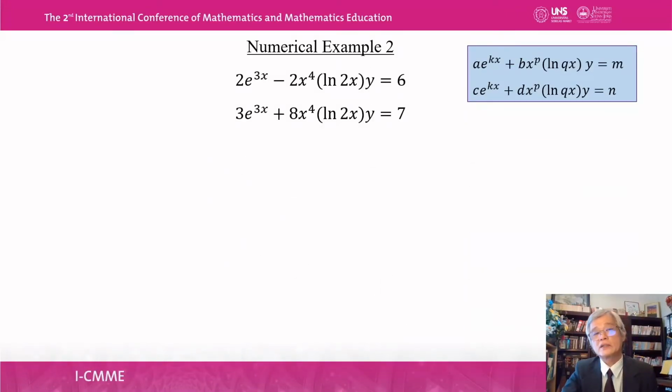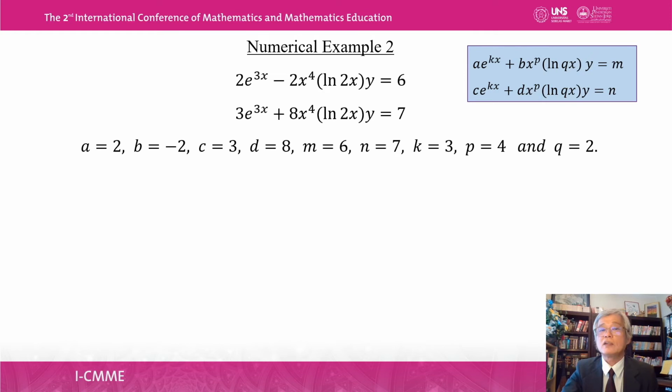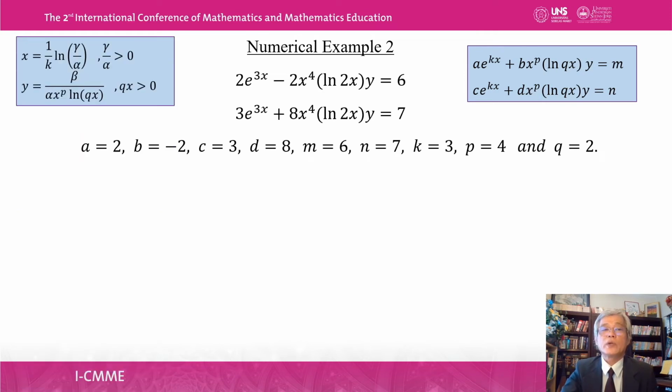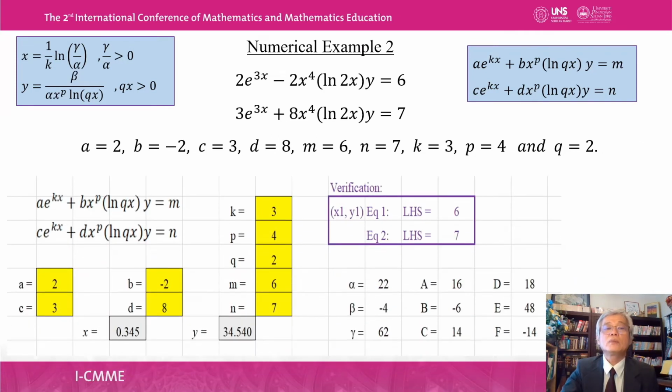Let's look at a numerical example. Given this set of nonlinear equations, we just read off the constants a, b, c, d, m, n, k, p, and q. Substitute these known constants into the solutions for x and y. We obtain these answers. I put the 9 constants in the yellow boxes in my spreadsheet. I obtain x equals 0.345 and y is